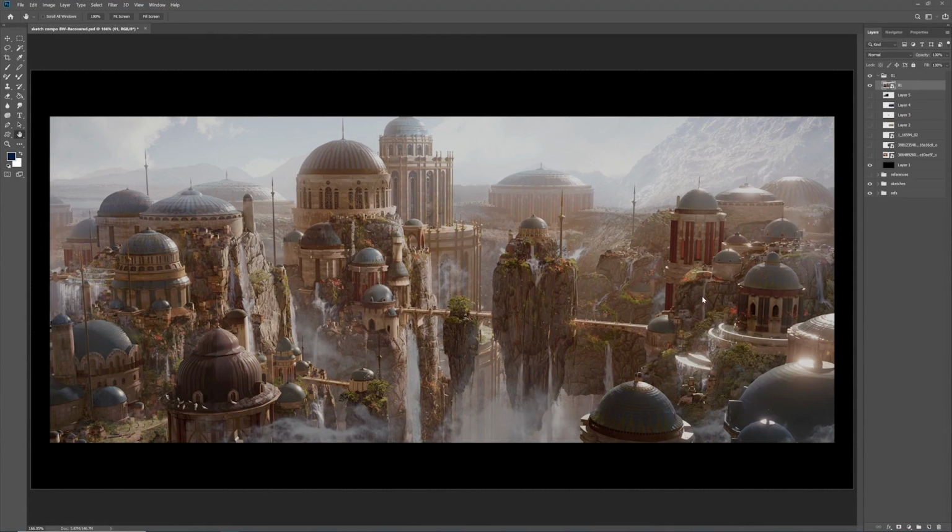So the first thing we're gonna talk about in this first lesson is what is a good idea for an environment? What kind of key features do we have to keep in mind when we are just starting to work? And we're gonna talk a bit about composition and how every kind of composition works